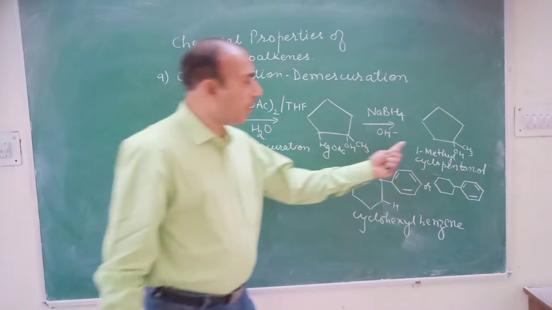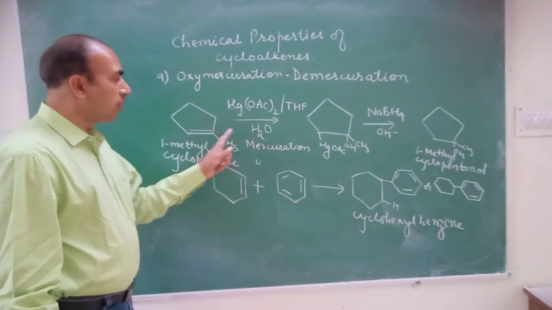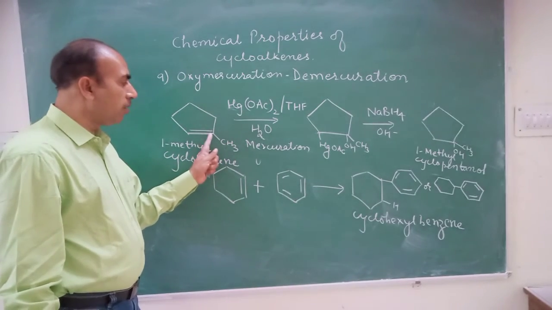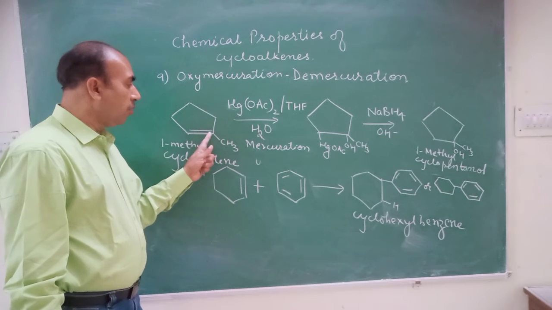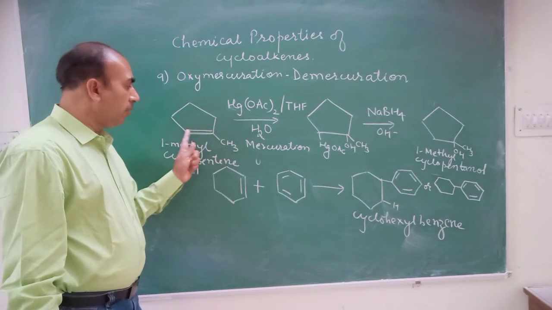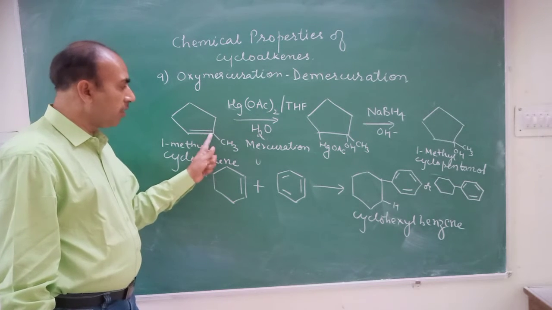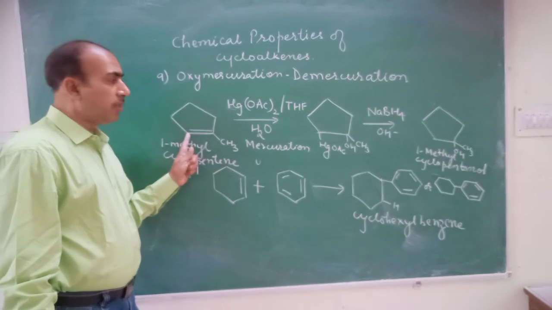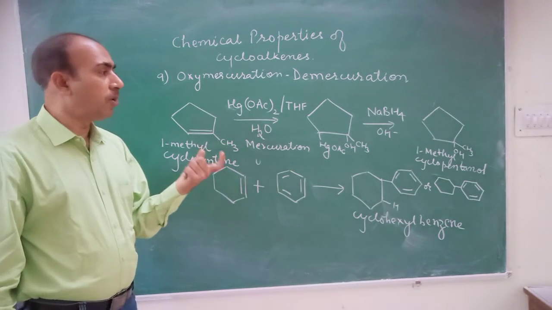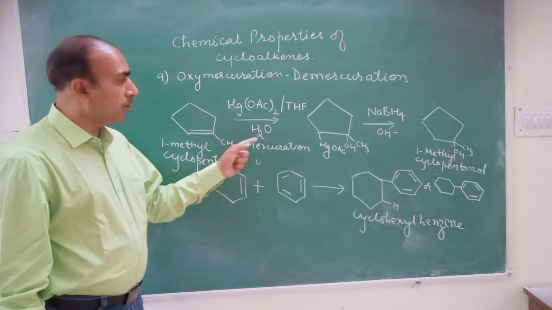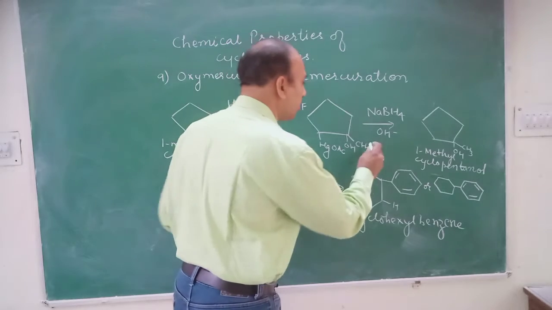If we see the product, there is addition of water to this one, where the OH, the negative part, is being added on the carbon where there is less hydrogen or no hydrogen. See, this carbon has no hydrogen, whereas this carbon has one hydrogen atom. So the OH part is coming here and the H part is coming here. In this way, the overall reaction is addition of water by Markovnikov's addition. The first step is mercuration and the second step, removal of this HgOAc, is called demercuration.